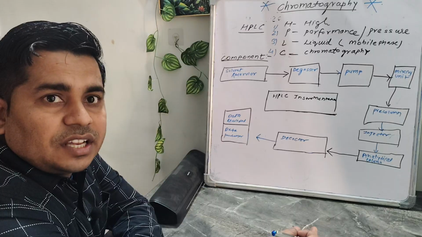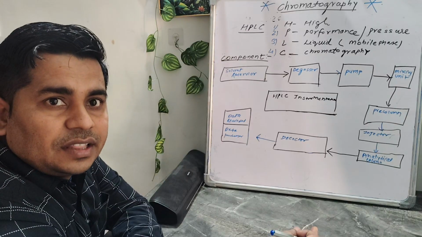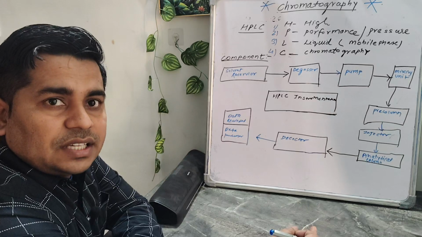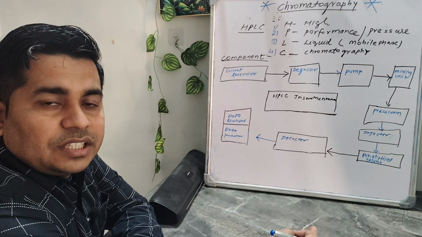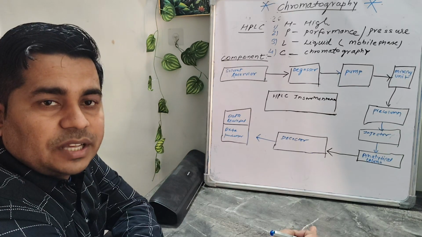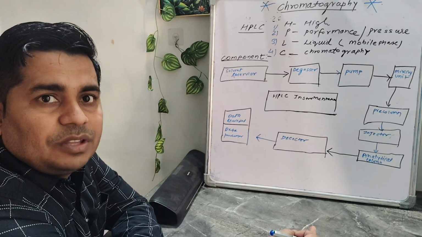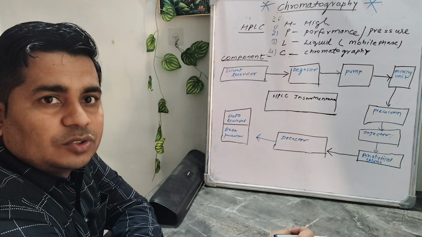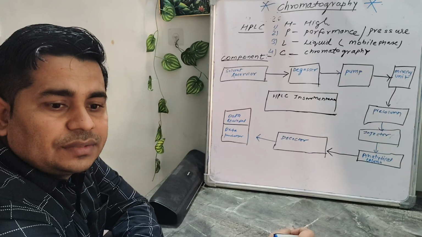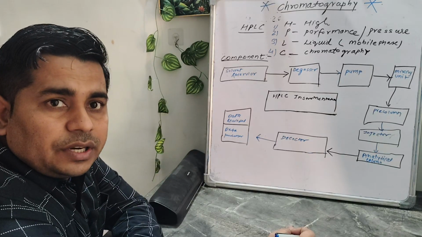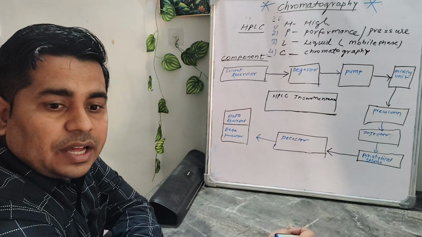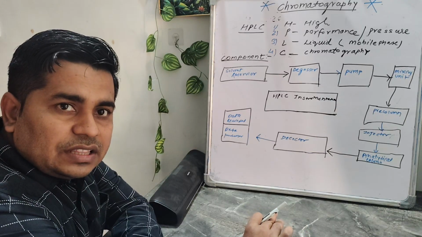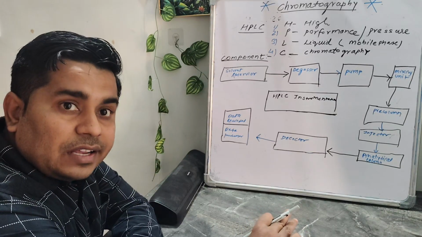with stationary phase, and they both interact in our stationary phase, and now injection takes place with a sufficient volume of the sample to give the proper response. So H for high in terms of high sensitivity, high resolution, good theoretical plate and good tailing factor that is required for any HPLC system, so that we can say this is suitable for our analysis.